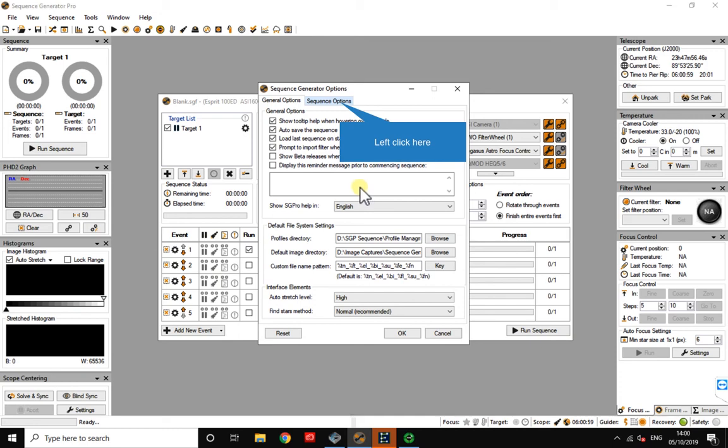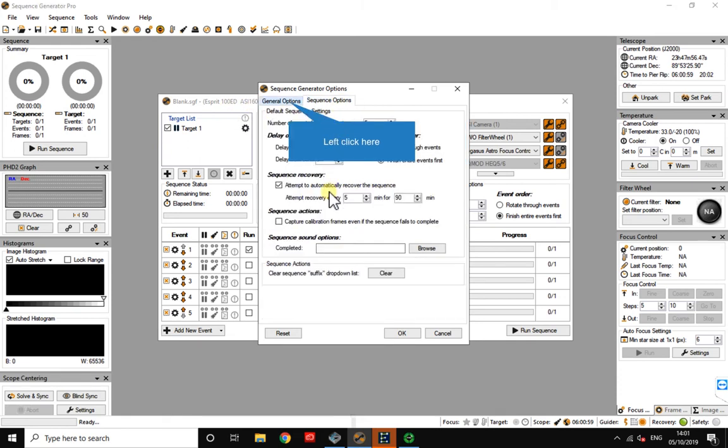And I actually found it was to do with the plate solving. So I had a problem with my plate solving. It tried to plate solve once, it failed. And instead of running the plate solving sequence again, it aborted the whole sequence. So obviously, what you need to do is you need to make sure that you have basically